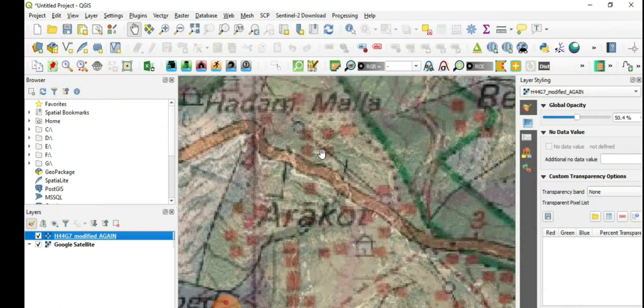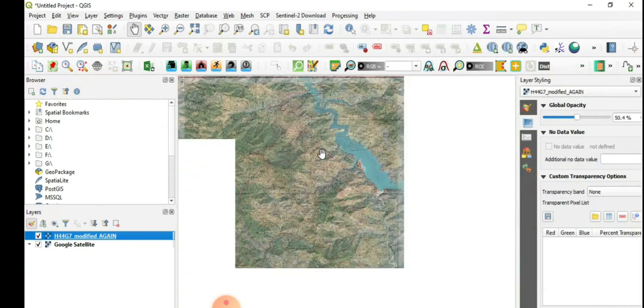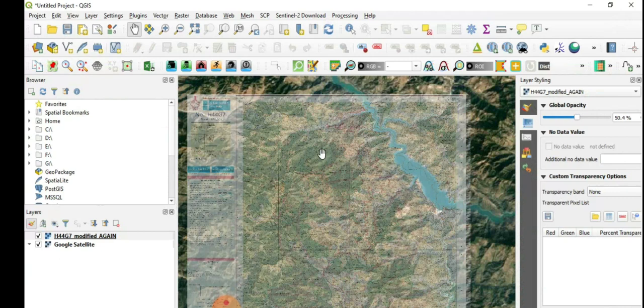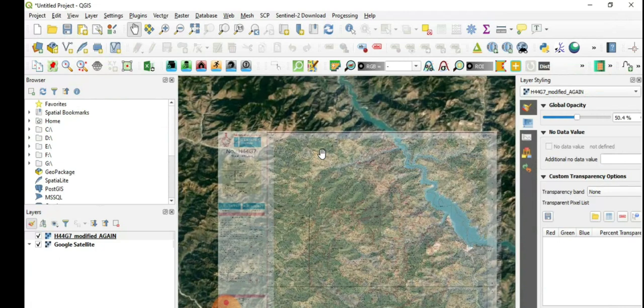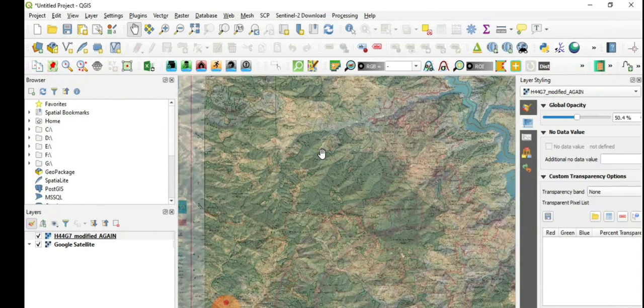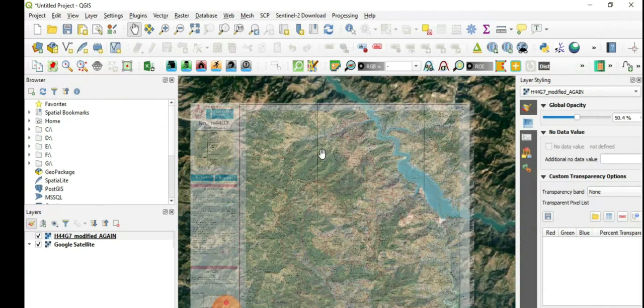So almost you have the road over here also, okay. There might be some difference because this topo sheet is, I think, of the year 2011, and the satellite image would be a recent one. There might be some changes, and I think that's fine. So we are ready to use this topo sheet, okay.